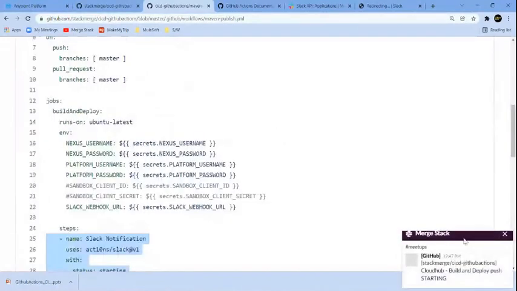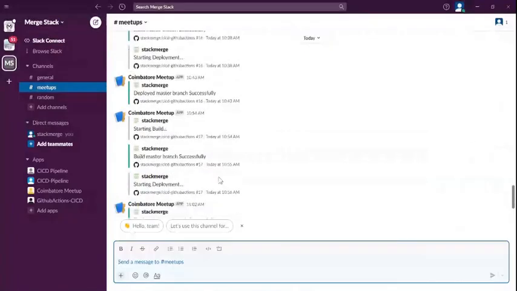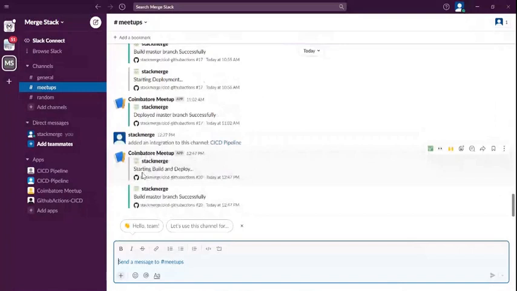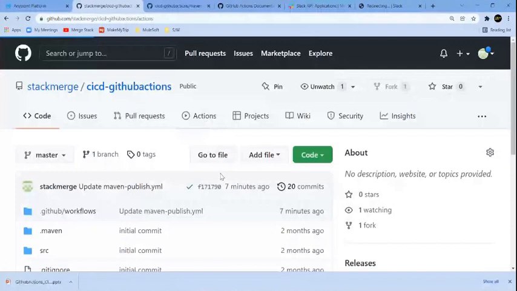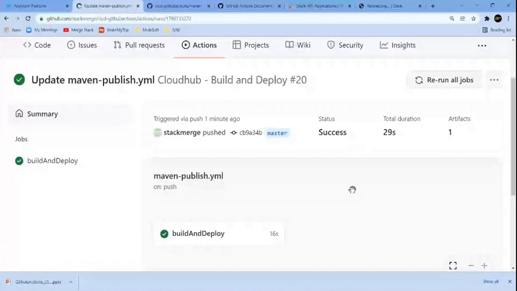Okay. So now you see my channel. You see here the pop-up starting build master branch successfully. No, at the end. Sorry. Here you can see starting build and deploy. Now build master branch successfully. Now if it is done, let me check the actions. You can see it's run successfully, and if I go to my run over here, at the end you'll see